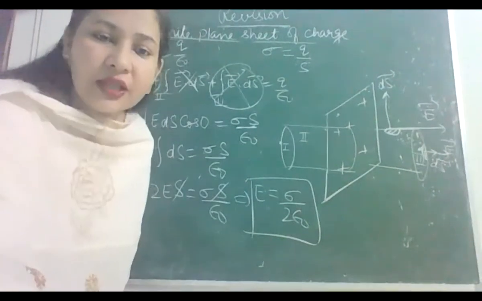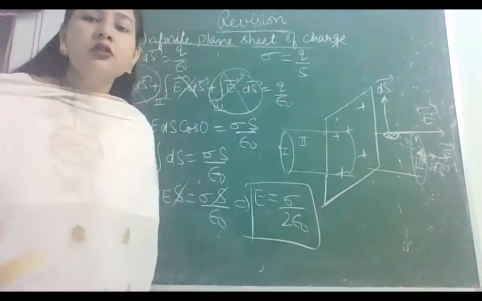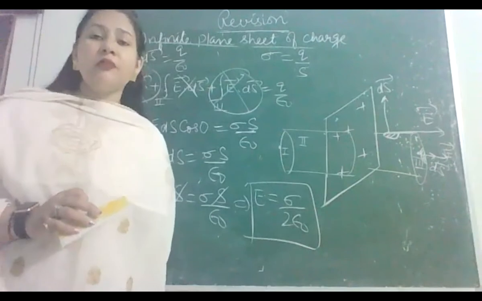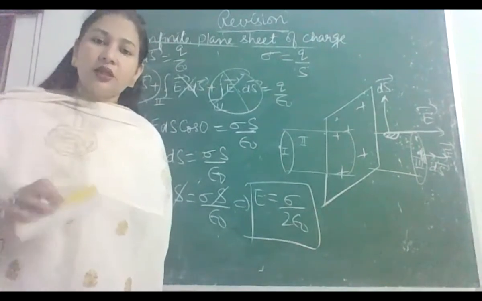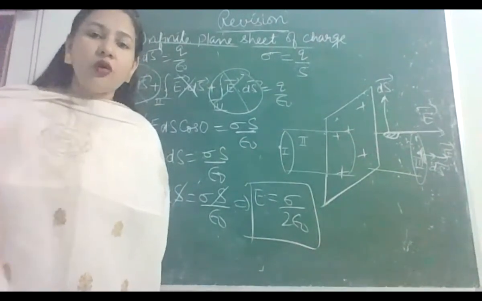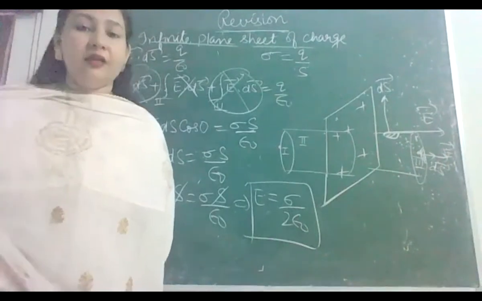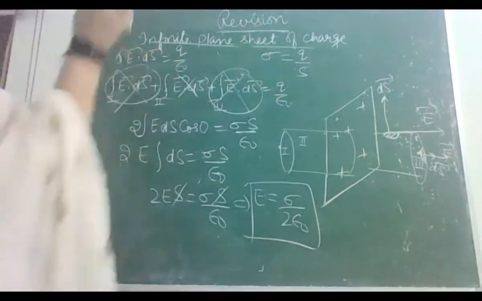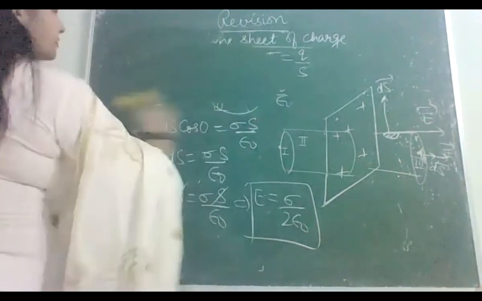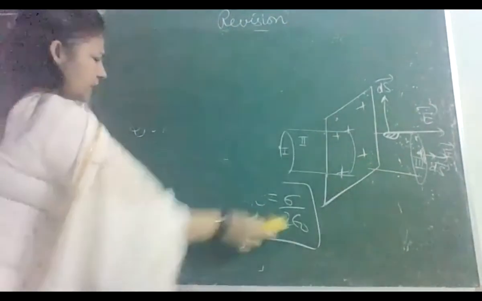Do we? The fourth application of Gauss's theorem is to find the electric field intensity at a point due to a hollow conducting shell, a uniformly charged hollow spherical conducting shell. Okay, very important application. In what form has a question on this come in the board exam? The board asked: show that a uniformly charged hollow spherical shell behaves as if all of the charge were concentrated at its center.